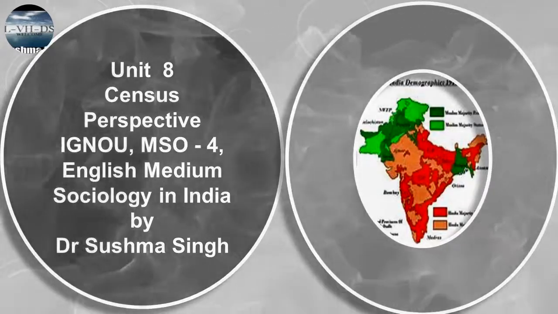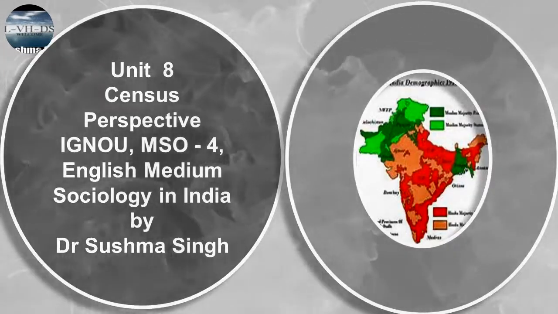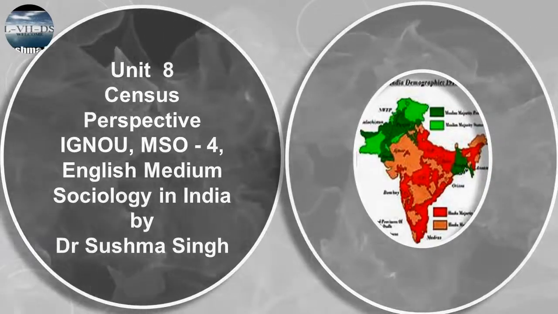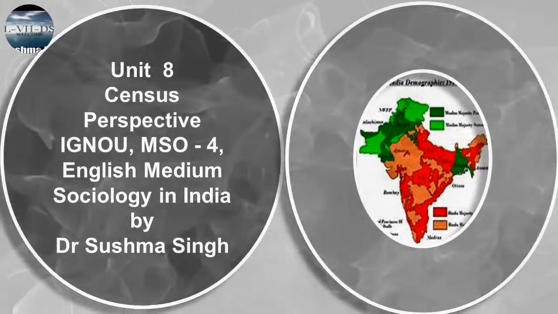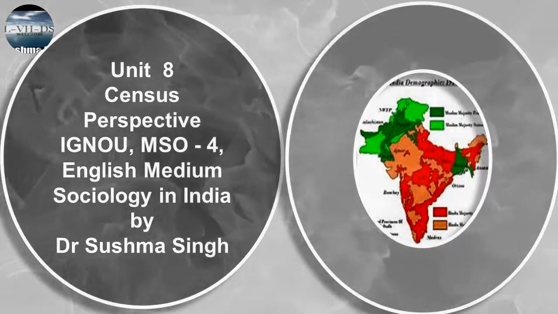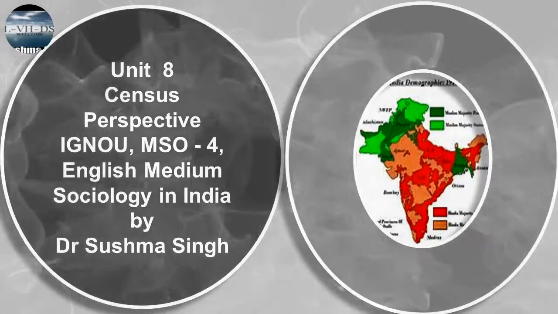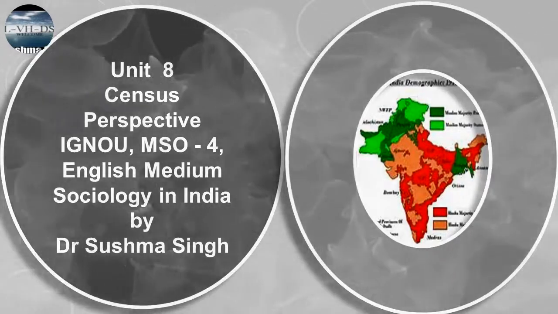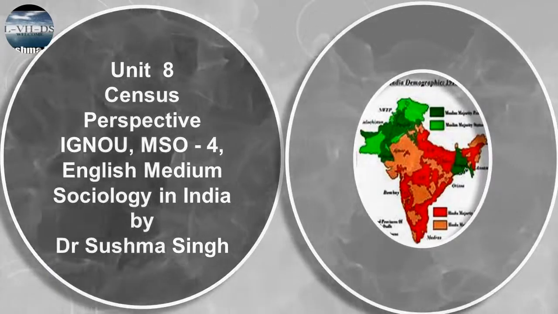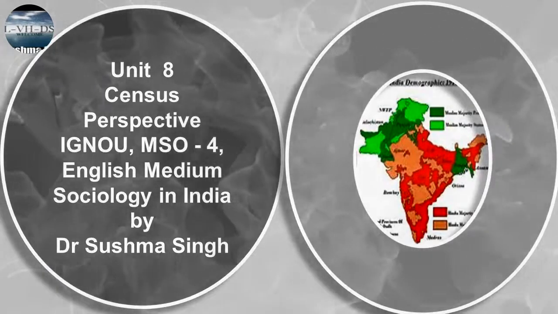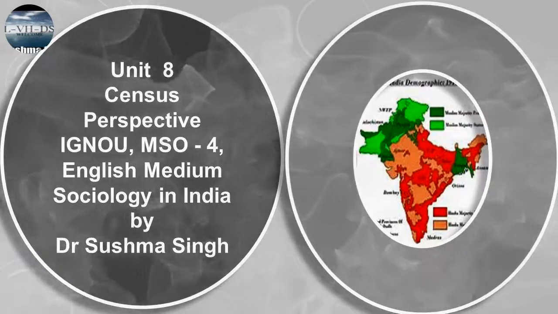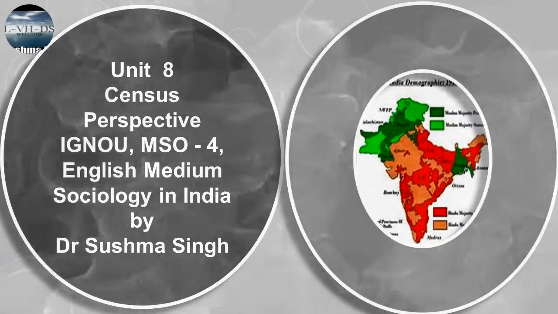However, the census as we know it today, in terms of scale, the kind of information collected, and the variety of administrative uses to which it is put, can be traced to the modern bureaucratic state. For the British colonists in particular, the census was seen as an essential tool to understand and thereby control the large and diverse Indian population.